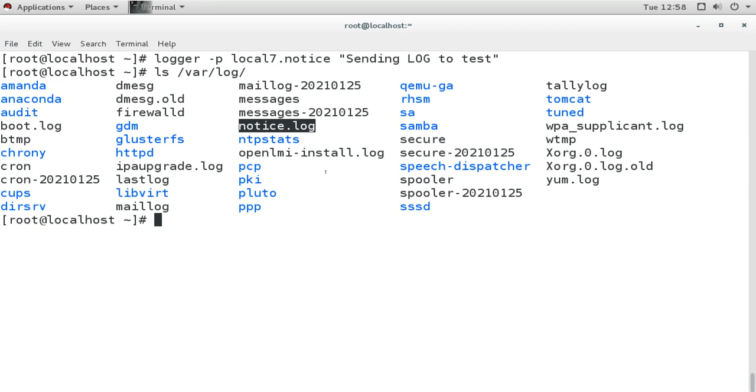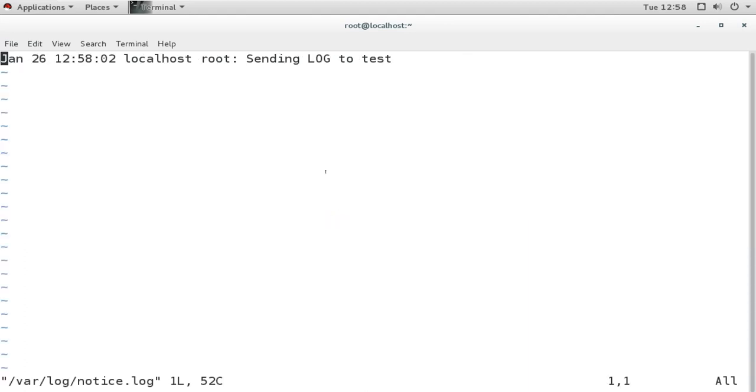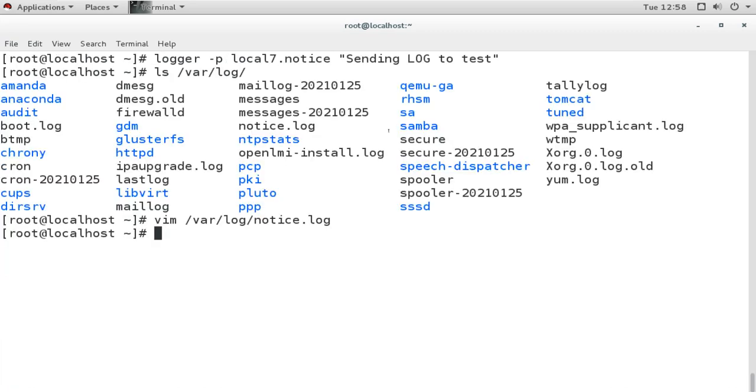When you check the file which we created under /var/log/notice.log, we can see the message. This is the date and time, this is the machine name, who sent the log. This user is root, I have logged in as root, and this is the actual message which is sent. We can send these log messages to any other service also.